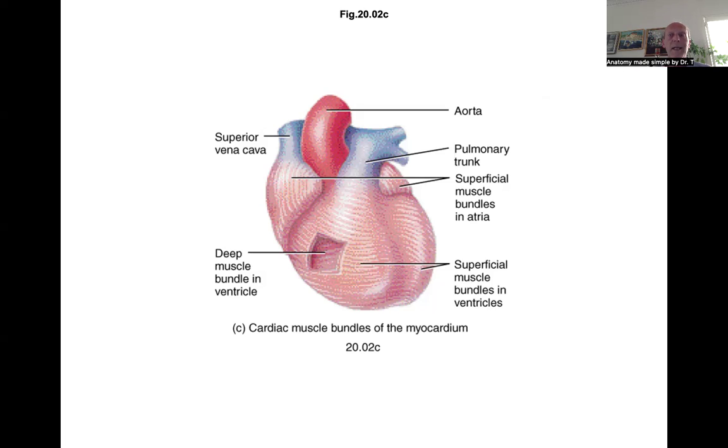Now, the heart doesn't have any skeletal components onto which it may attach, and that's why it's important to understand, and perhaps it's a little bit too early, but I have to say it now. There are some kind of fibrous rings and fibrous triangles in the center of the heart between atria and ventricles. These fibrous structures actually allow for the attachment of